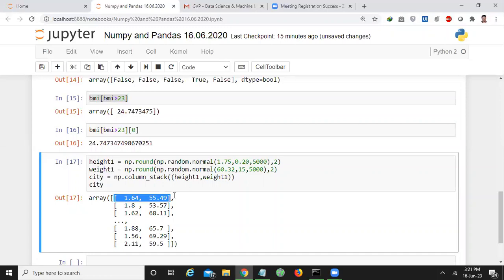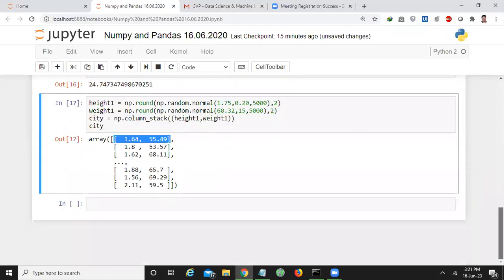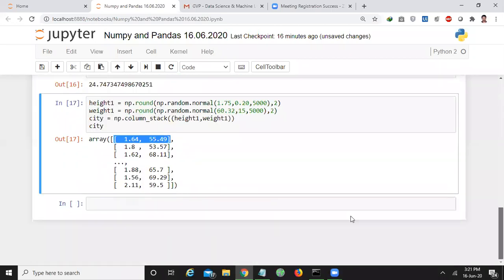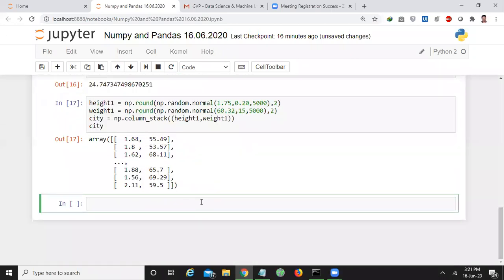So like that, we can make use of NumPy. There are so many functions we have in NumPy. These are some of the facilities that we are going to use in machine learning algorithms. I'm concentrating only on the mathematical functions. I'm not saying that these are the only functions we have. Python has a very huge API, so we don't have much time to discuss each and every function in the NumPy package. That's why I'm discussing a few.